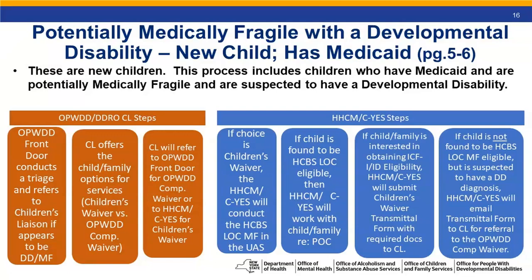Now, I may be repeating myself, but the child only needs to meet the medically fragile target population to access children's waiver services. If they do not, they can be referred to OPWDD for referral to the OPWDD comprehensive waiver. And as we mentioned before, the best practice would be to obtain and then maintain ICF-I eligibility for a child with a developmental disability. Yeah, I think it's really important for people to understand that to meet the target population